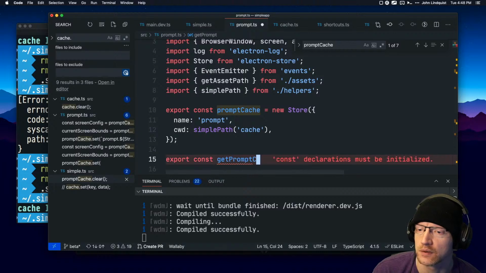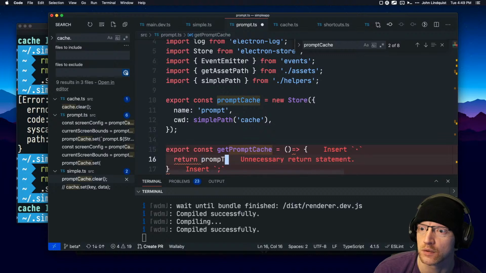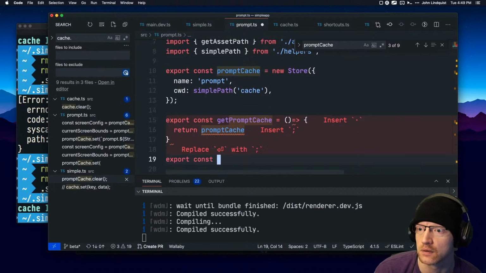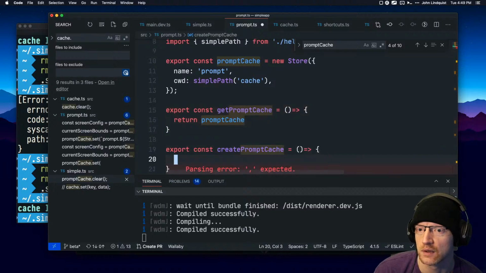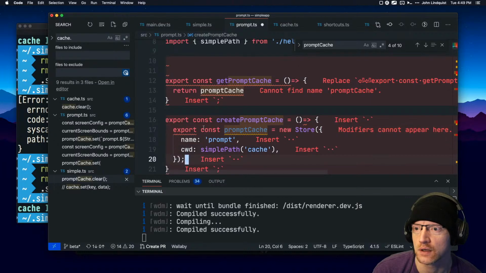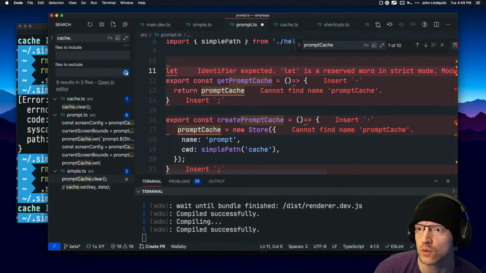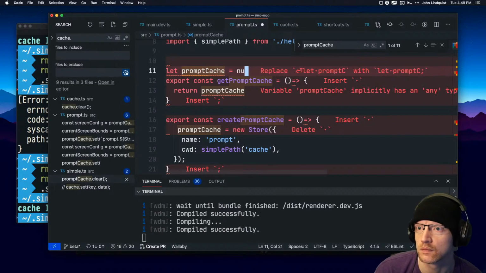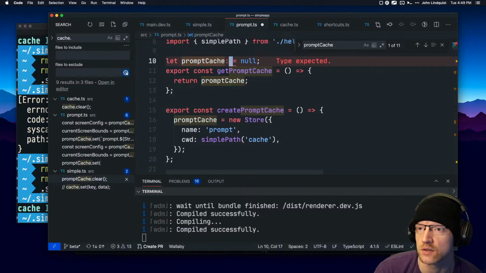Get prompt cache, return prompt cache, and oops. Move all of this down into here, and this is now like so, and this is like so,